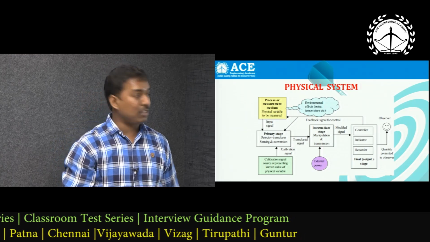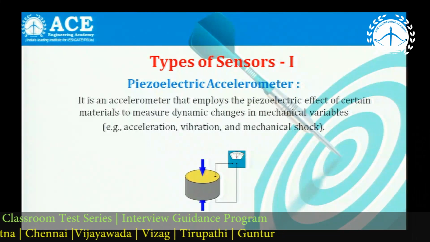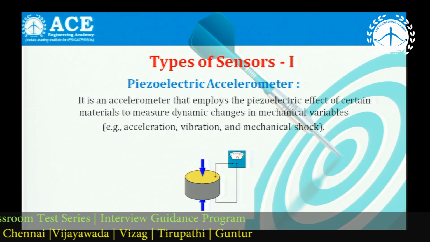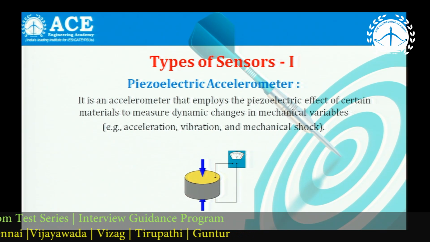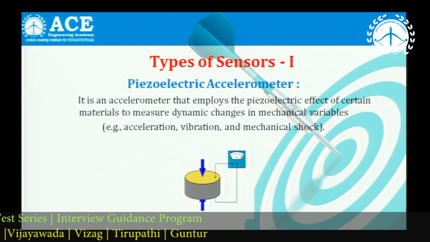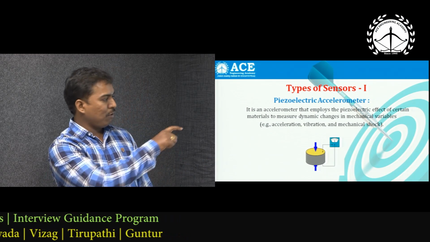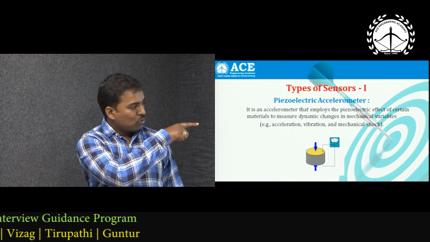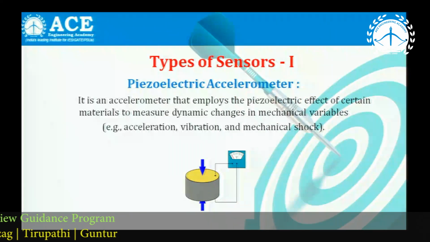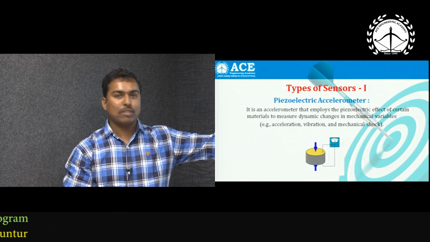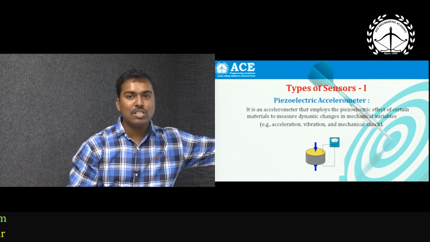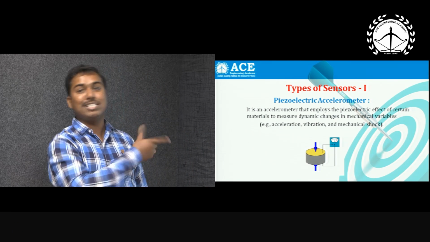We have a list of sensors. If you see in the syllabus, he has very clearly mentioned some examples for the sensors. The first sensor he has mentioned in the syllabus is the piezoelectric accelerometer. If you see the image, the GIF image is very clear over there. It is going to convert a mechanical vibration signal into an indicator. So the vibration is mechanical, that is converted to electrical voltage. The voltage is shown on a display. So a mechanical sensor, and also an electrical display.